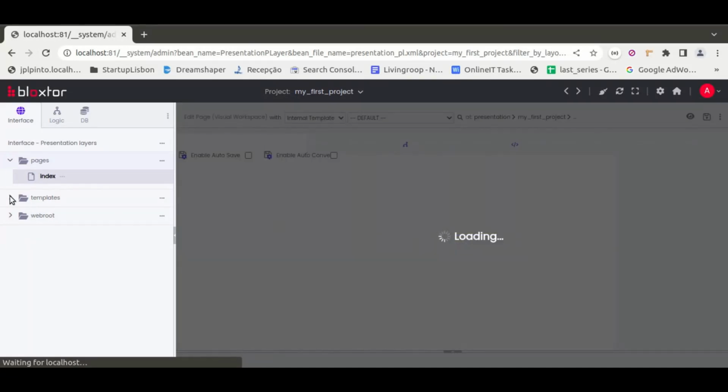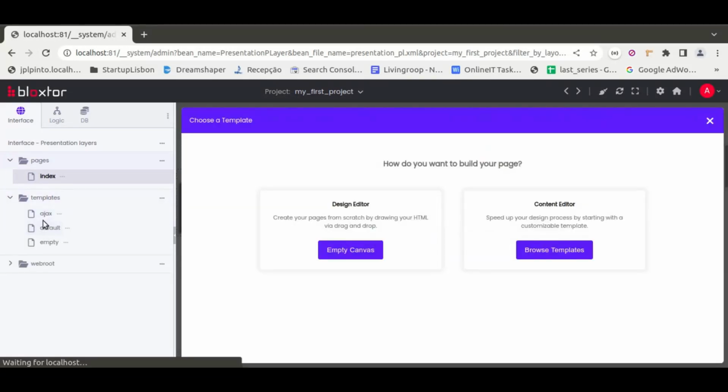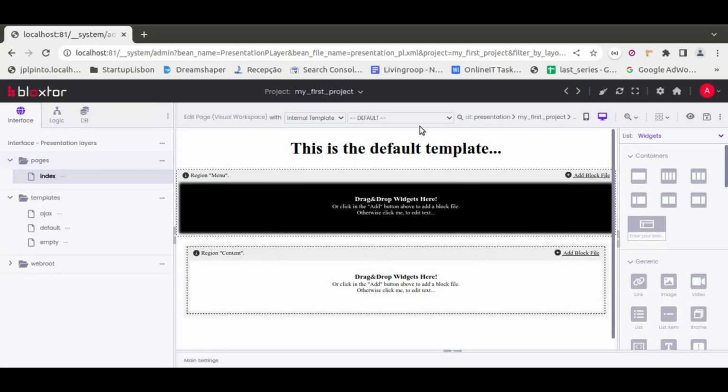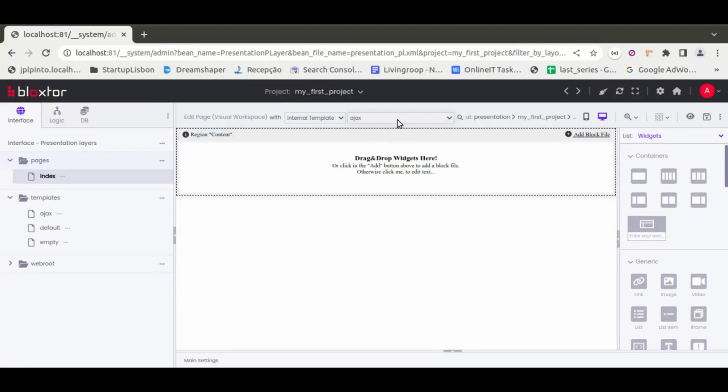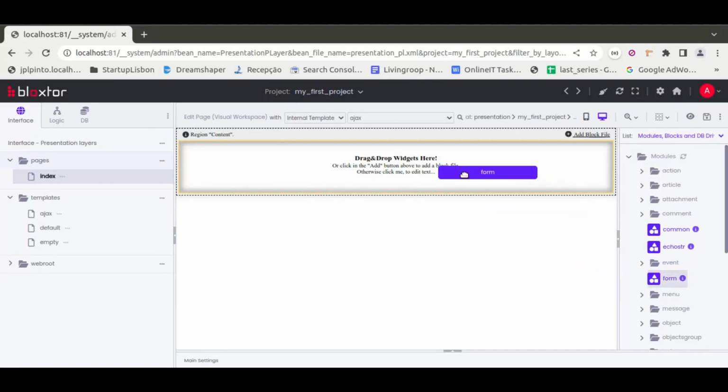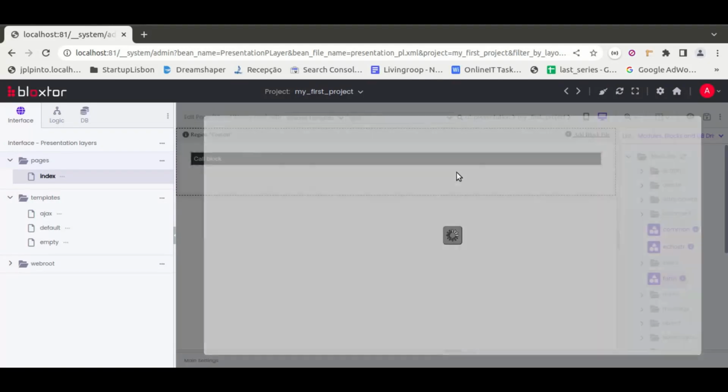and we have our default templates too on the left side. So after we click on the page, we can see the design editor of the page. Currently the default template that is selected is the default one, which is this one. So we want to change this to the Ajax template, which just has one region. So from here, we want to go to the modules, to find the form module, and drop it to the content region,